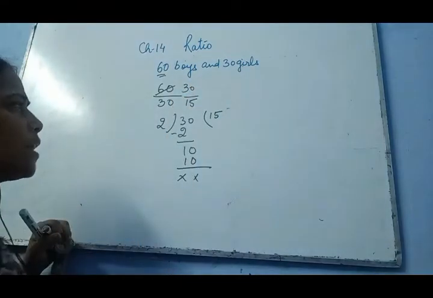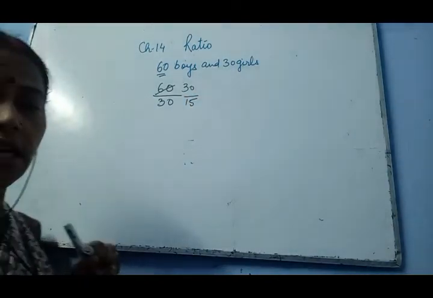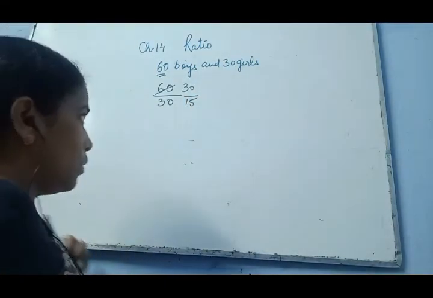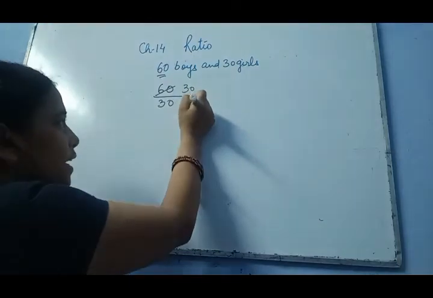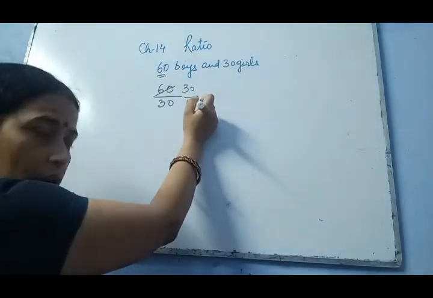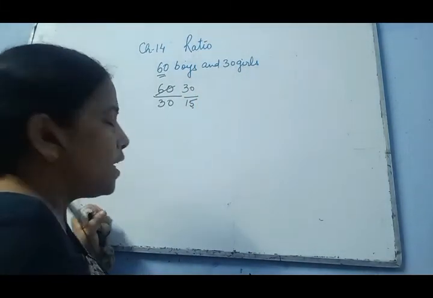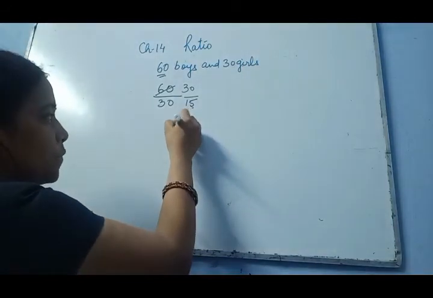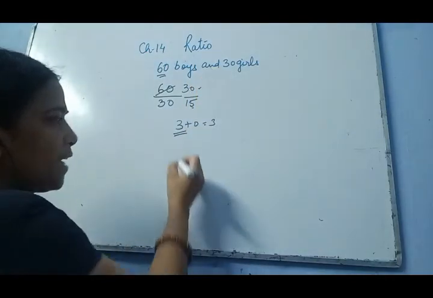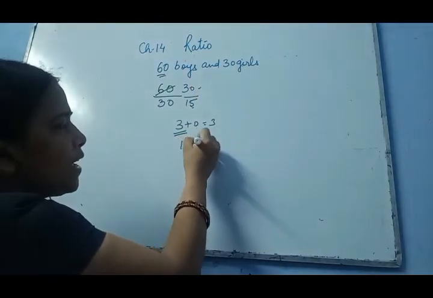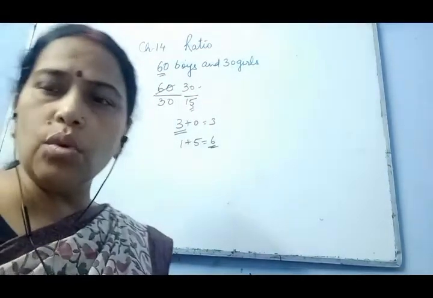So 30 by 15. Now further we are going to see whether these numbers are divisible by any other number or not. For the lowest term, let us divide first with 2. They are not divisible because here is 5, that means this is an odd number, so it will not be divided. Let us check with 3. When we divide by 3, we see that both numbers are divisible by 3. So 3 plus 0 is 3, so this 30 is divisible. Now 15. 1 plus 5 is equal to 6. So this 15 is also divisible by the divisibility rule of 3.